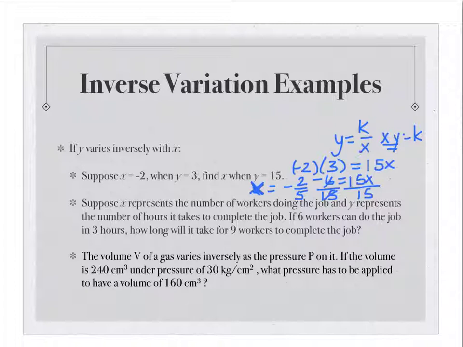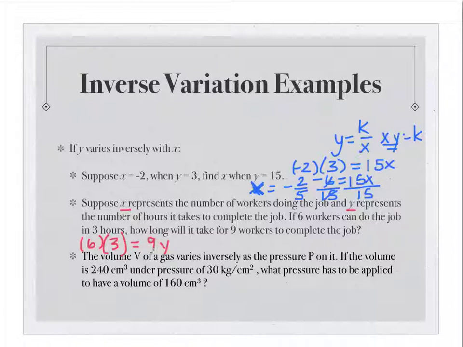If 6 workers can do the job in 3 hours, how long will it take for 9 workers to complete the job? Okay, again, I can use my formula, or I can use the fact that I know what remains constant. It's the product of the two things that vary. So the product of X and Y is constant. So 6 workers can do the job in 3 hours, and we don't know the number of hours, which was Y,